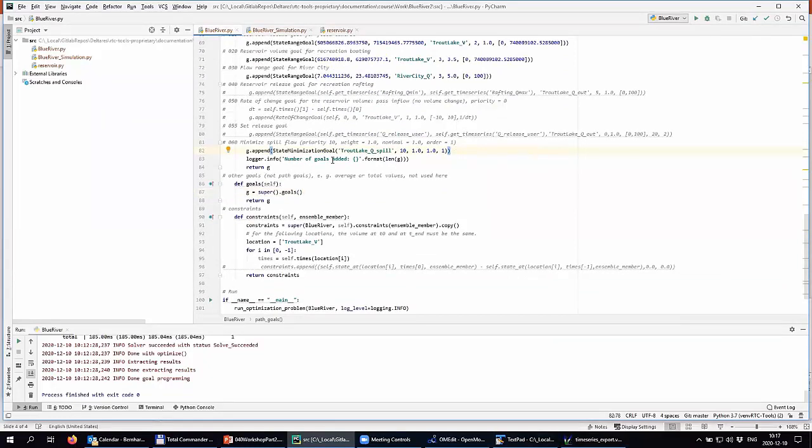I have already a minimize spill goal here, minimize spill flow for the Trout Lake, so I can just take